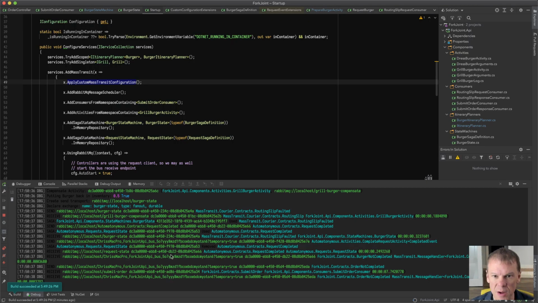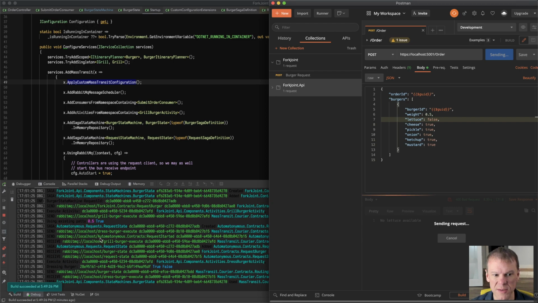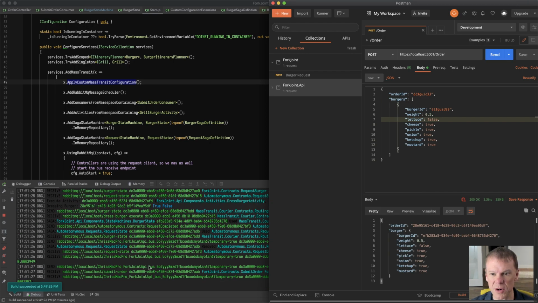So yeah, it worked. We got our Postman response, the no lettuce available. Let's change this back to false and try one more thing. So let's run another one. And we can see that it's going to go off, grill up the burger, dress the burger, and it's finished. Now I'm going to put the burger ID back up in here instead of generating